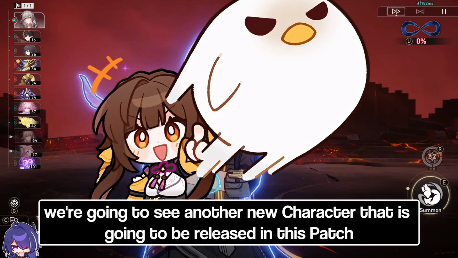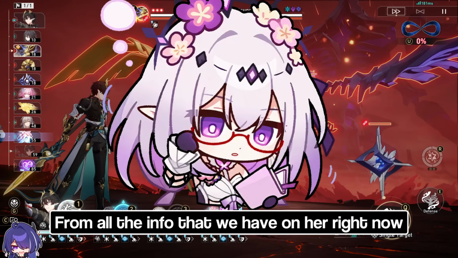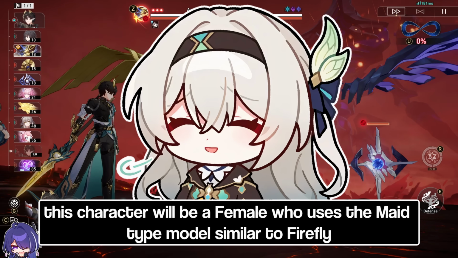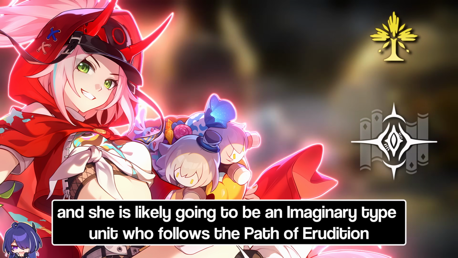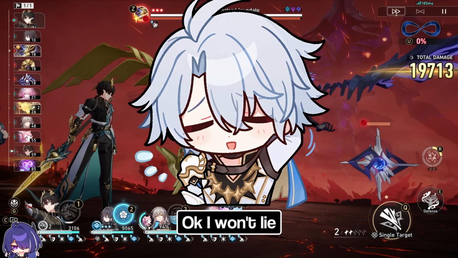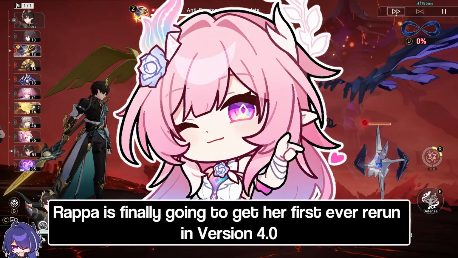that is going to be released in this patch, and this character is called Rappa. From all the info that we have on her right now, this character will be a female who uses the maid type model similar to Firefly or Everknight, and she is likely going to be an imaginary type unit who follows the path of erudition. Okay, I won't lie, maybe I stretched that one a bit too much, but jokes aside, Rappa is finally going to get her first